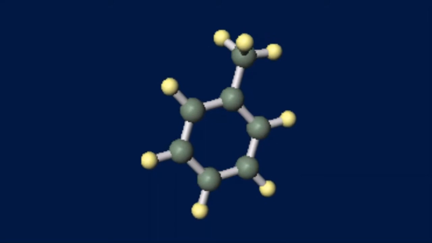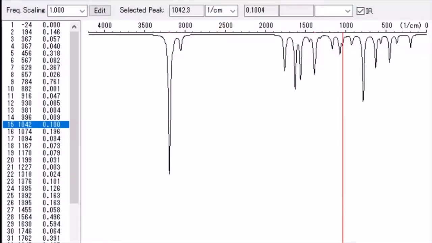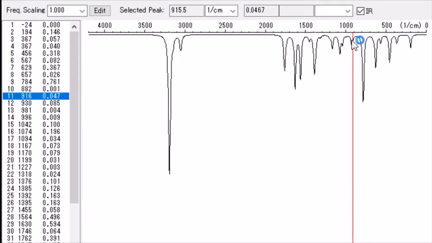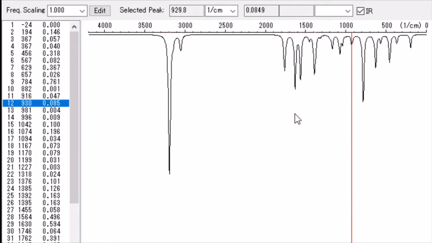Right, let us see another peak. I wanted to show all the peaks just to make you understand how many different kinds of vibration a molecule can undergo. Otherwise it is very, very difficult to visualize this using a blackboard or any presentation. That's why I'm using this software to explain in detail. Other spectra we will just move through fast.